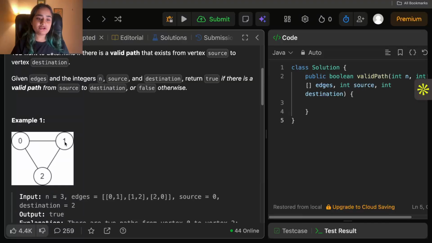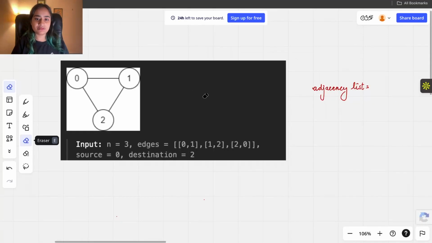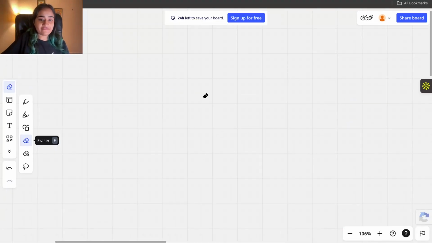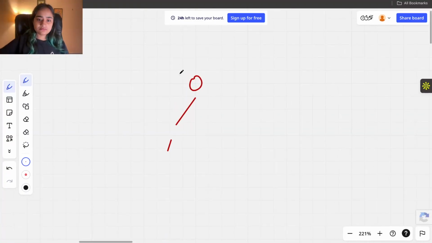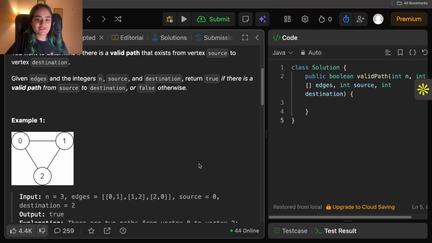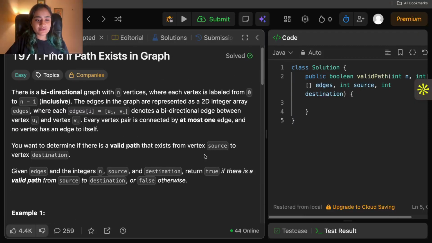So it's not like you can go from 1 to 1. Okay, I'll show you one thing. You can have an edge to yourself actually. If you had a graph like this, you could have an edge like this, but you don't. That's what the question says. You don't have an edge like this, which is 1 to 1 or 0 to 0. You don't have a self edge, right? Okay, that's what it says.